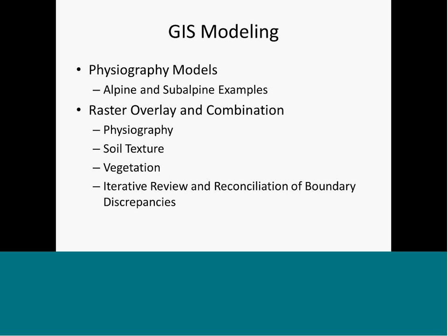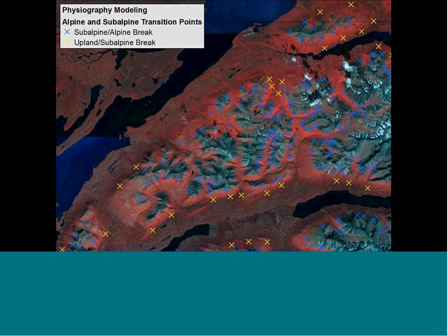I'll go through the example of how we did that Alpine modeling. This is an example near Lake Clark, here in the interior of the park. The blue points are up at that higher threshold, the lower edge of the Alpine physiography zone. The yellow points mark the break point of the Subalpine, or basically the cut point between Upland